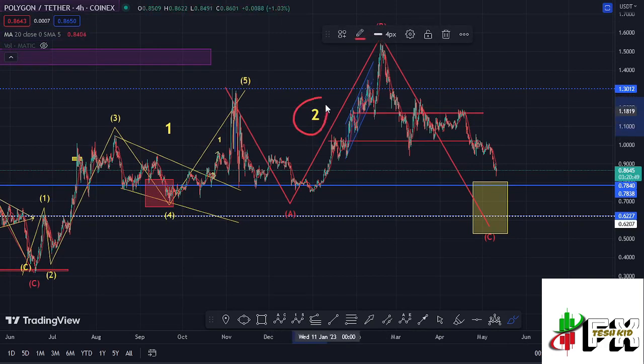And we have also continued to obey this ABC corrective structure, which we also expected to see in the formation of that wave 2. And before I get further into the technical analysis, to give you the short-term scenarios here on the Polygon Matic chart,